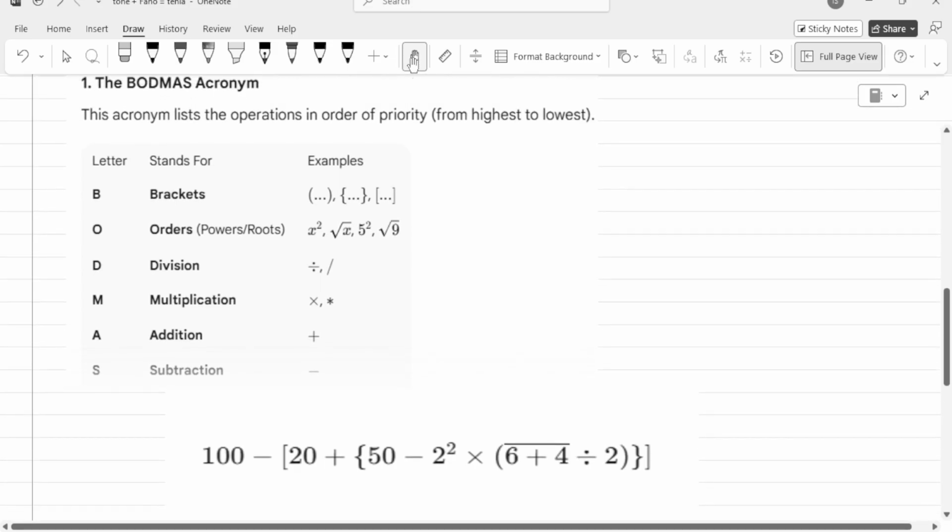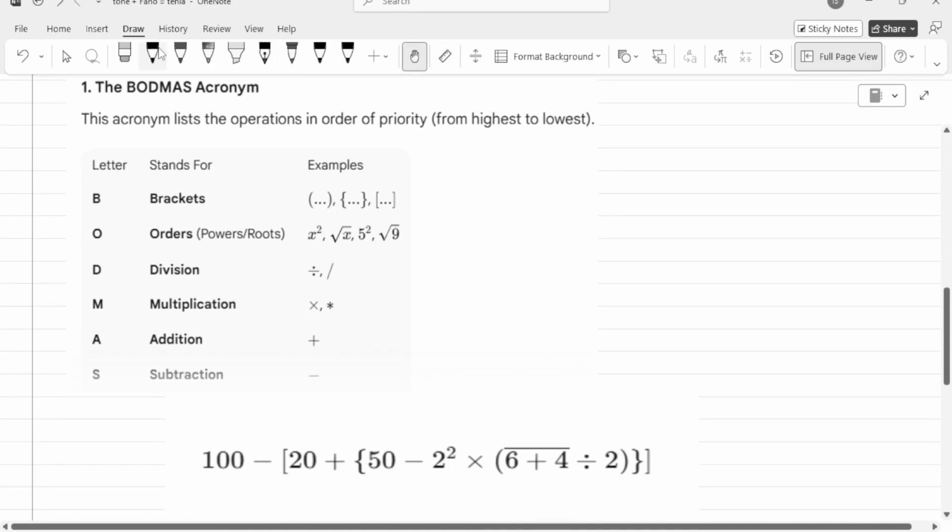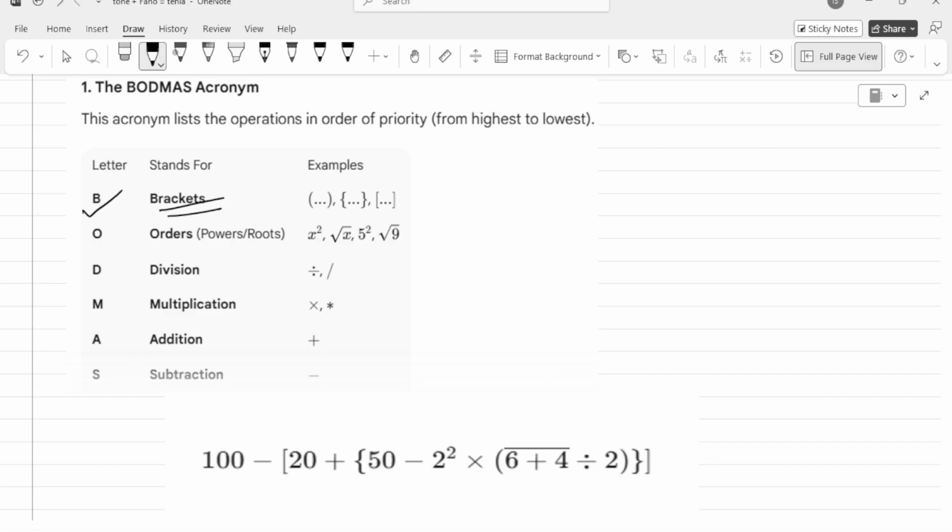Okay, now we discuss it one by one. First we discuss brackets. B is for brackets. There are three types of bracket: simple bracket, curly bracket, and square bracket. One bracket is also called vinculum. V, that is when a number is under a bar, like 5 plus 3 with a bar over it, that also counts as a bracket. Okay, second is orders, power or roots, or sometimes we say multi